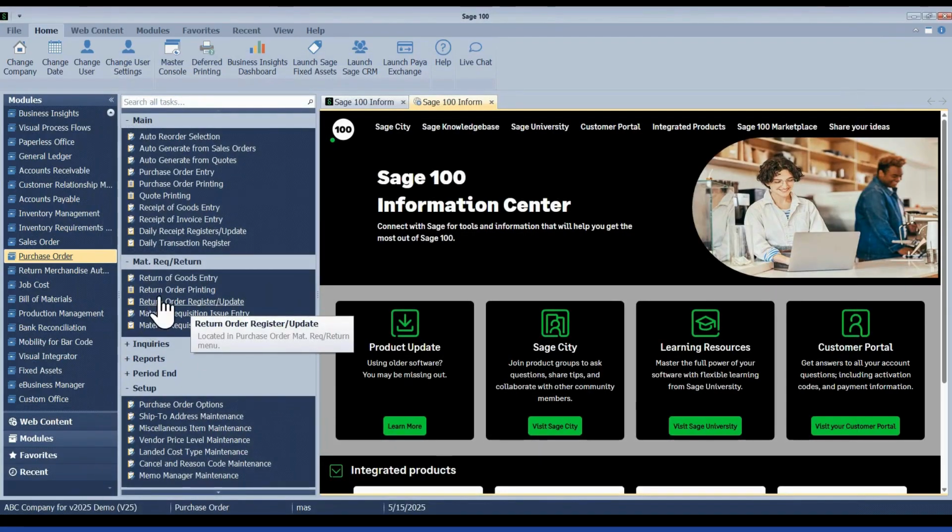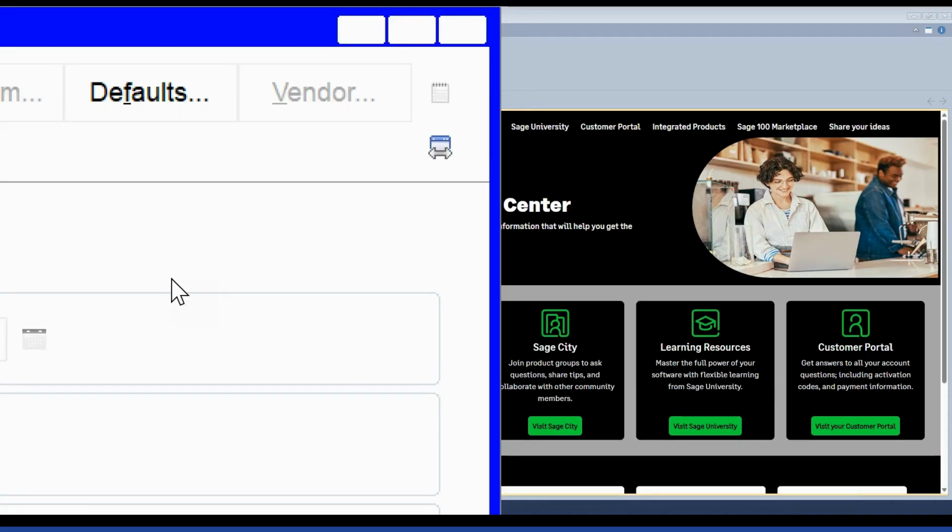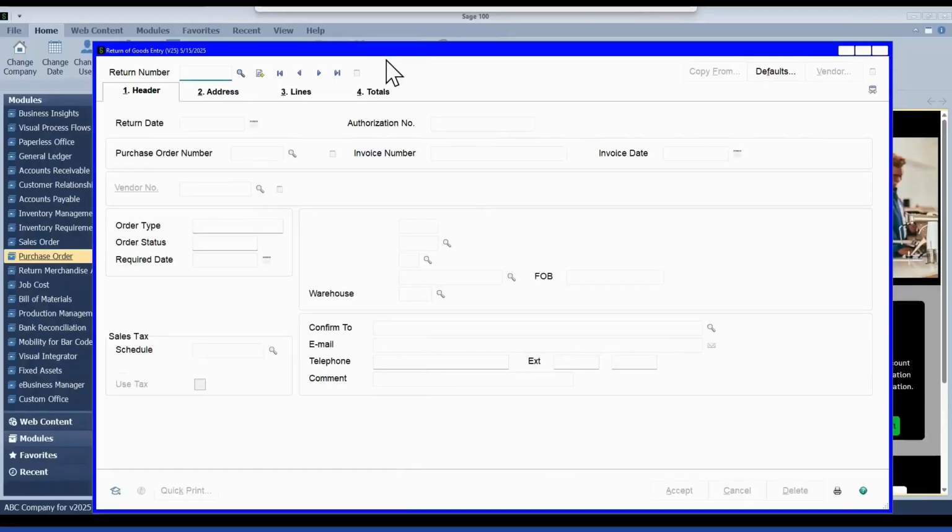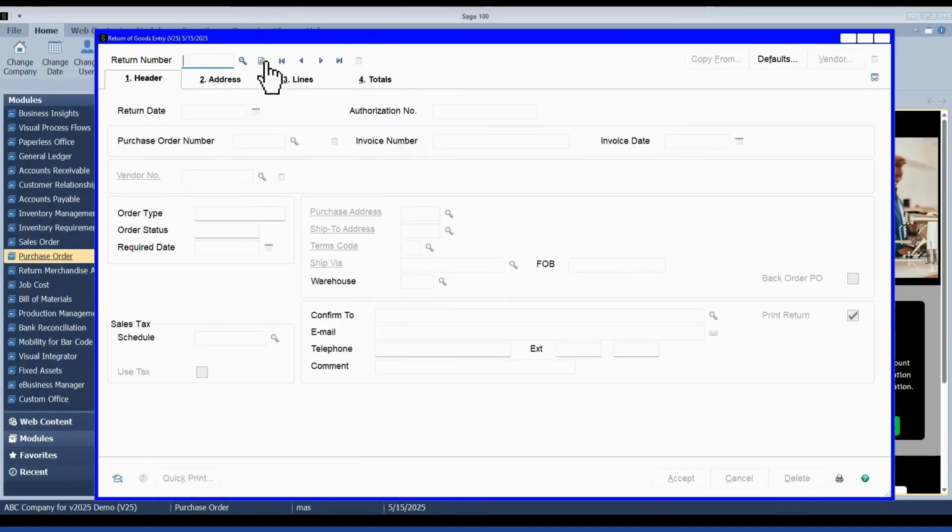Last little thing in purchase order is in the return of goods section. This is also one of those smaller changes, but something that has always bugged me a little bit specifically. And I know it's come up with other people too, where they need to do a PO return. It may not be an actual return, or even if it is, you're not planning to get a replacement sent from the vendor, or it might be doing a PO return just to correct a data entry mistake, where again you're not planning to get any kind of replacement.